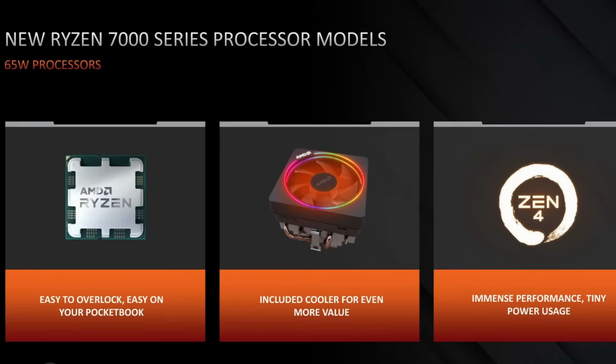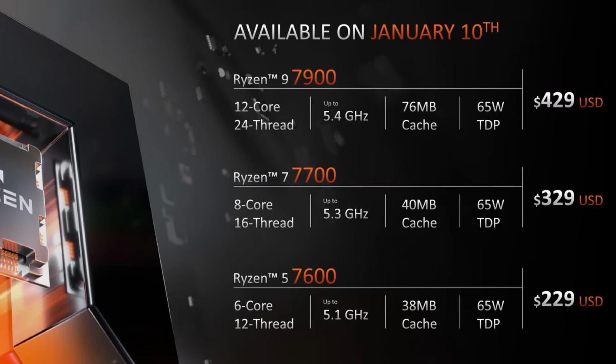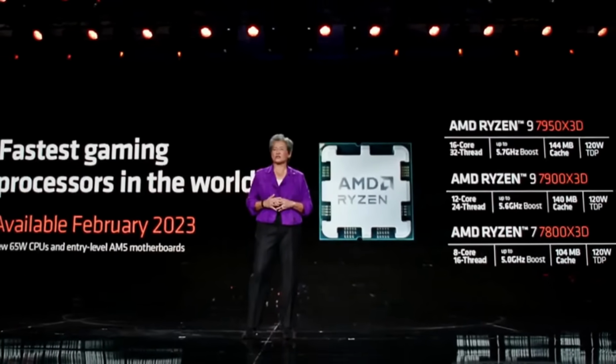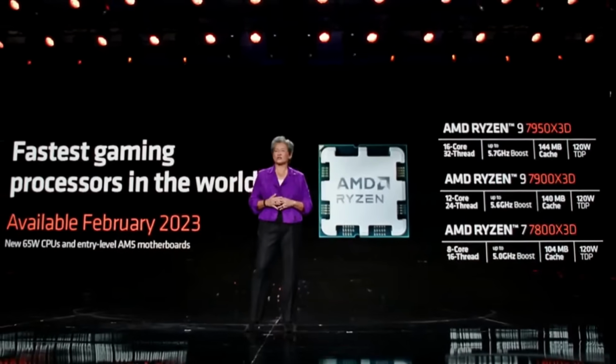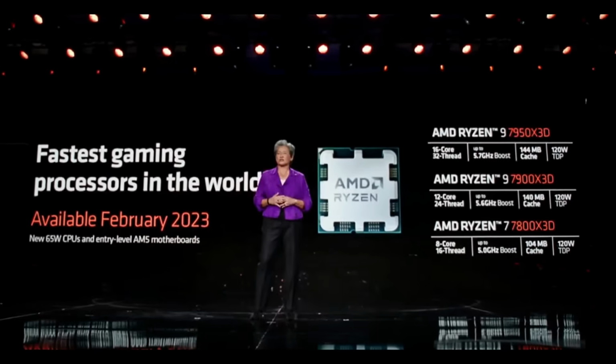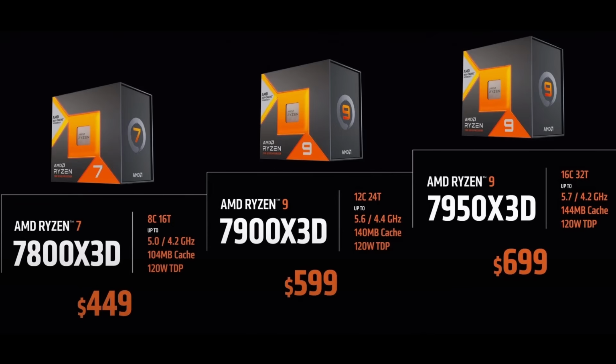The second wave of Ryzen 7000 processors launched on January 4, 2023. It consisted of 3 non-X SKUs ranging from the 6-core Ryzen 5 7600 to the 12-core Ryzen 9 7900. The third wave of Ryzen 7000 processors, also announced on January 4, but only available since February 28, consists of exclusively X3D variants with the 3D V-Cache. The lineup consists of 3 SKUs, ranging from the 8-core Ryzen 7 7800X3D to the 16-core Ryzen 9